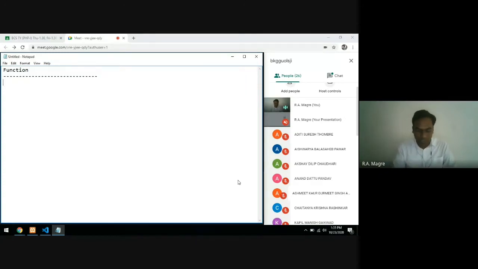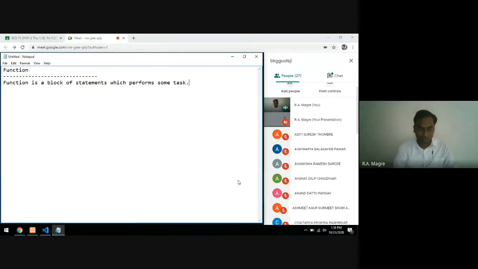Now what is a function? A function is a block of statements. Yes, it is a block of statements, which performs some task.